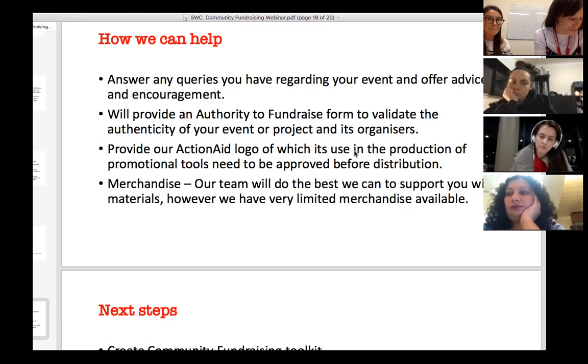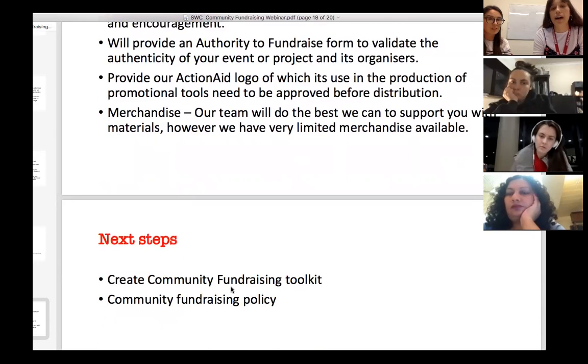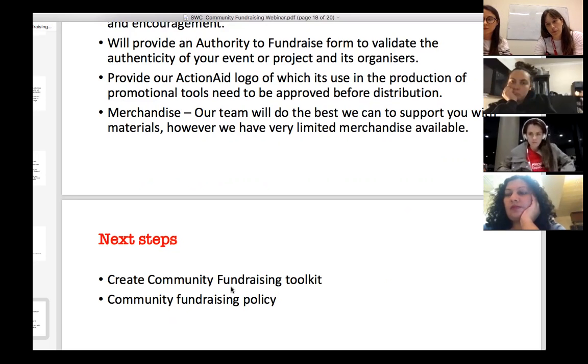So basically, in terms of the next steps, I'll just move to this slide. There's a lot of fundraising policy that we're working through at the moment. We've almost finished budgeting for certain groups, and the way it will work is that different groups, depending on whether you're a new, smaller group or a much larger, more well established group, will have a different budget depending on your size and how active you are.